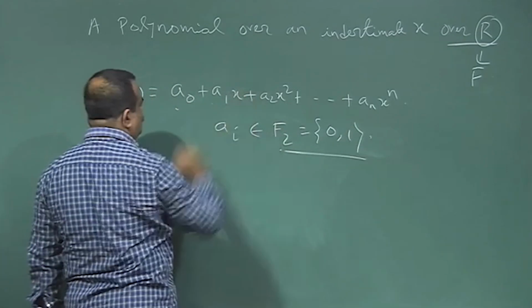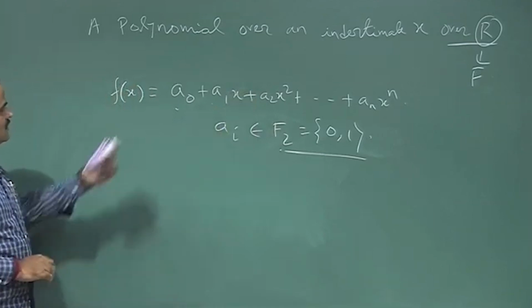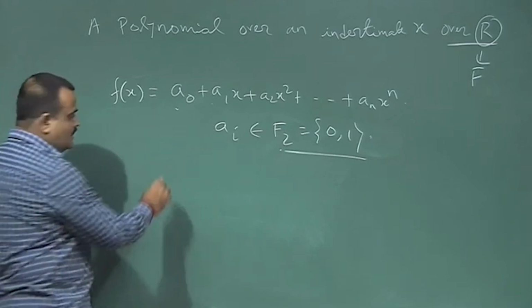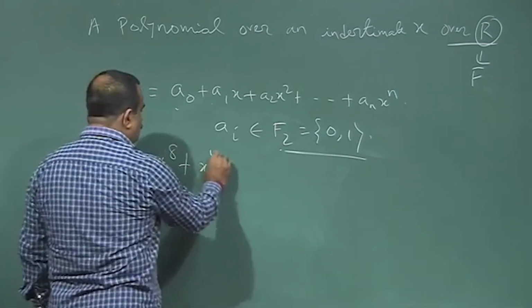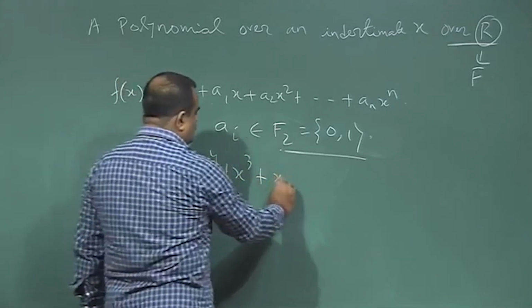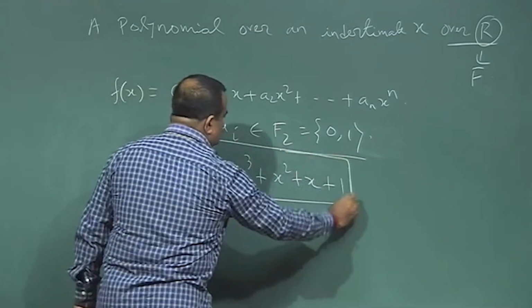A particular form of this polynomial is x to the power 8 plus x to the power 4 plus x cube plus x square plus x plus 1. So, this polynomial